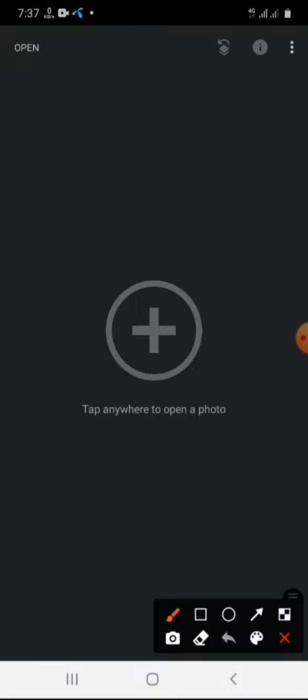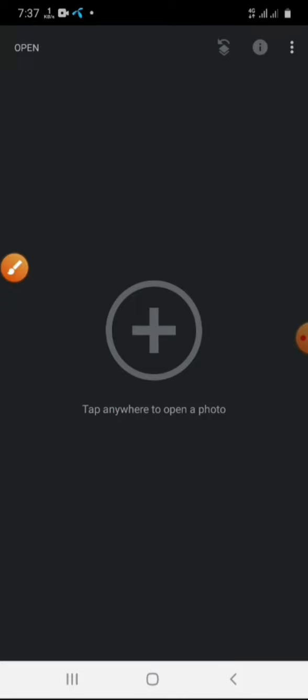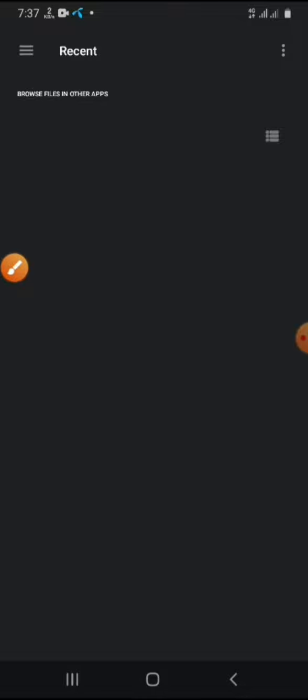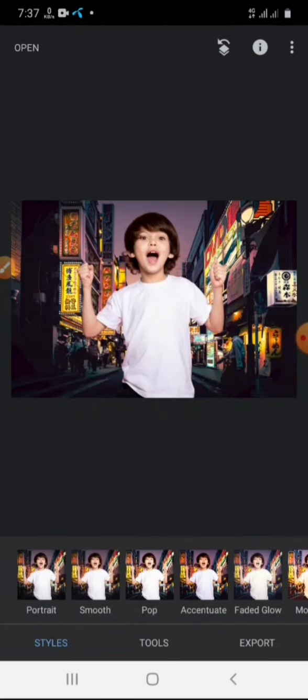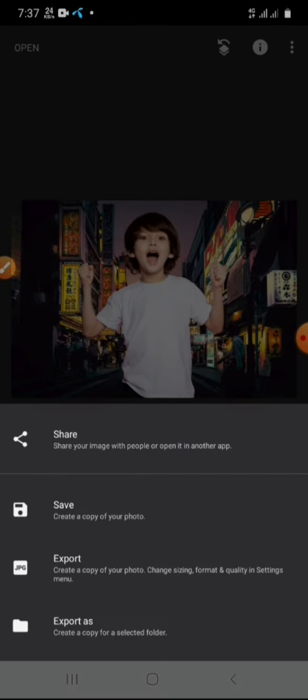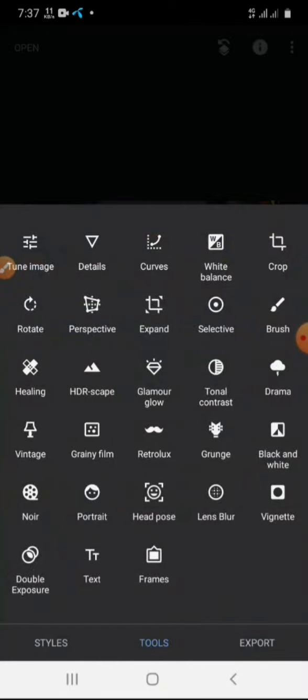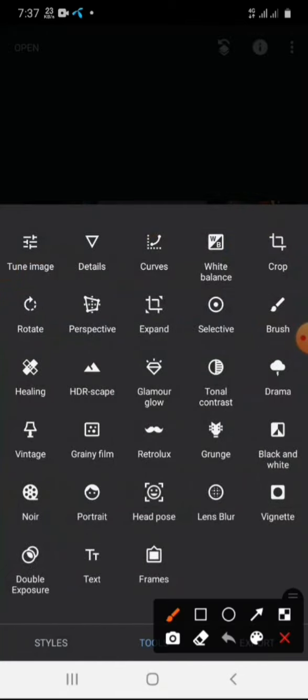After opening, you will see this plus button. Click on it. Pick the picture whose background you want to remove. I have selected this one and I need to remove the background, so open the tools and